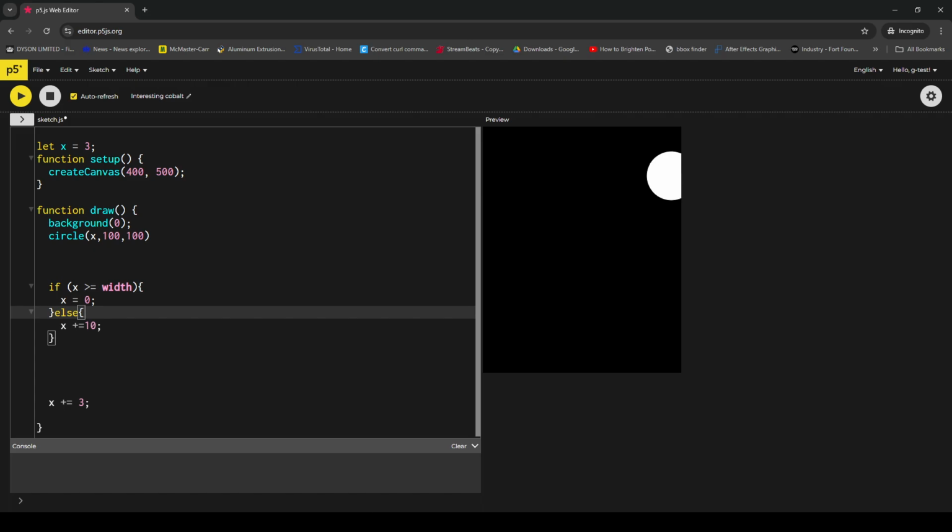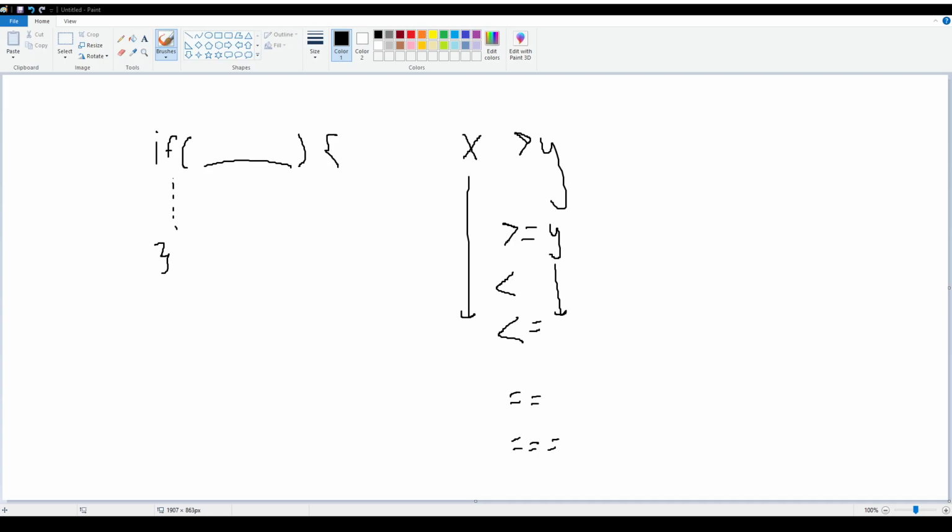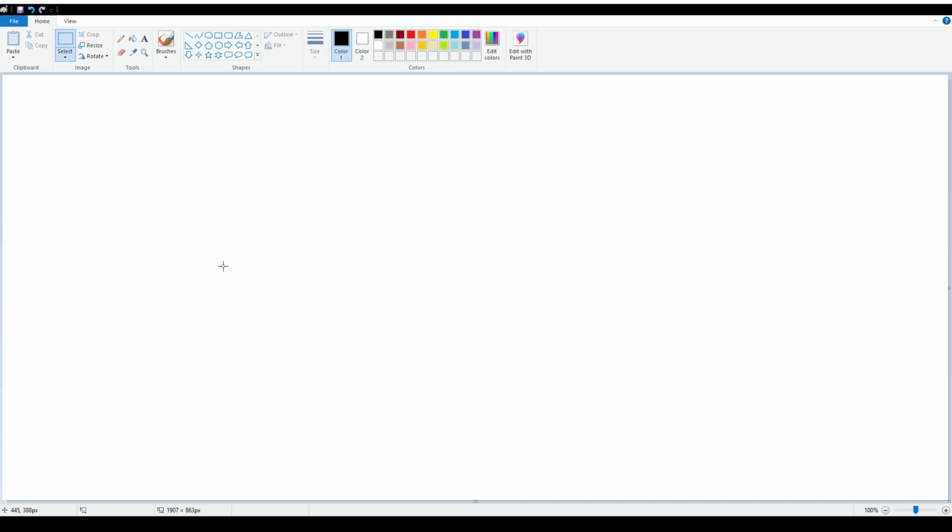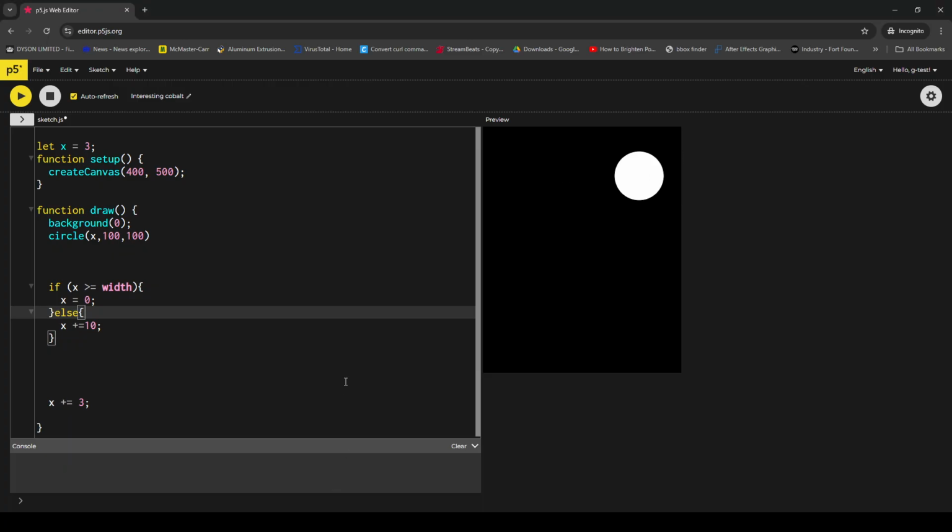So else if is a different story. So let's move into Paint, to be more clear there. Let's Control A this and delete it. So we've covered if and else. There's something else called else if. So imagine you have if, and that's your condition, and then you've got some logic applied there. What you can also have is else if, so E-L-S-E. Alright, so we're here. We can then say something along the lines of else if,